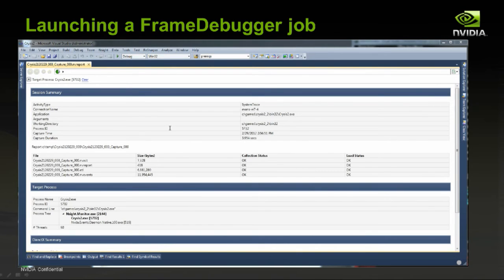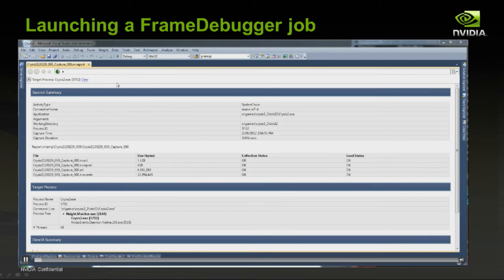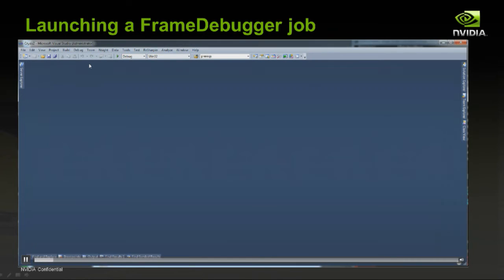Okay, so I've talked a lot about analysis jobs right now. Now we have some other ways to focus in on performance from the frame debugger side. So what I'm going to do is close out that analysis job, and